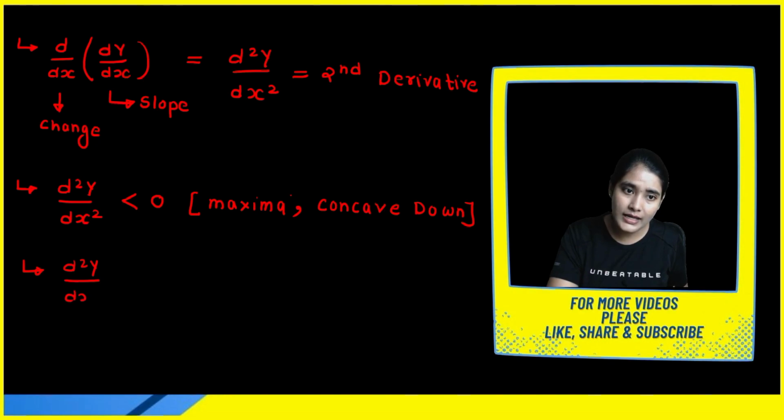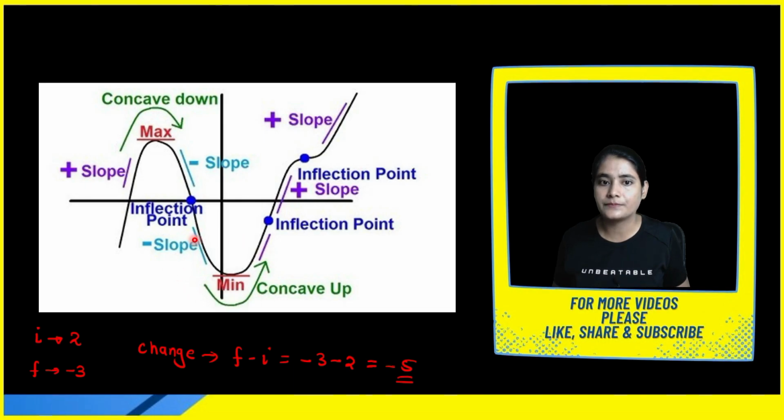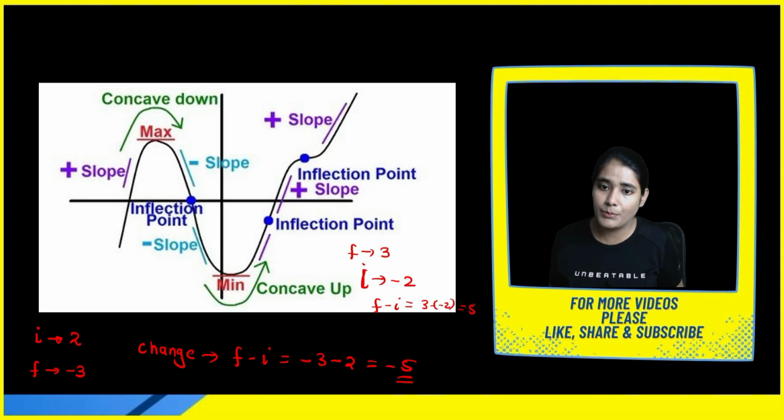Now let's talk about the change in the slope at another location. Let us consider this location. Initially I have a negative slope, finally I get a positive slope. If I take the change, positive minus negative, our final value is positive, let us consider plus 3, and our initial value is negative, let us consider minus 2. When you take the change, final minus initial, 3 minus minus 2 becomes plus 5. Getting my point or not?